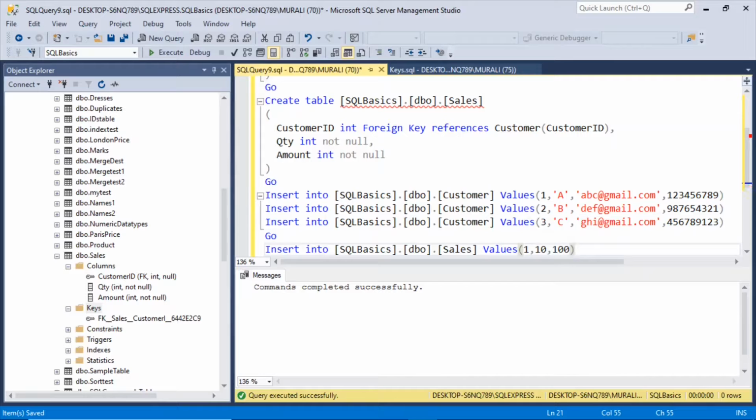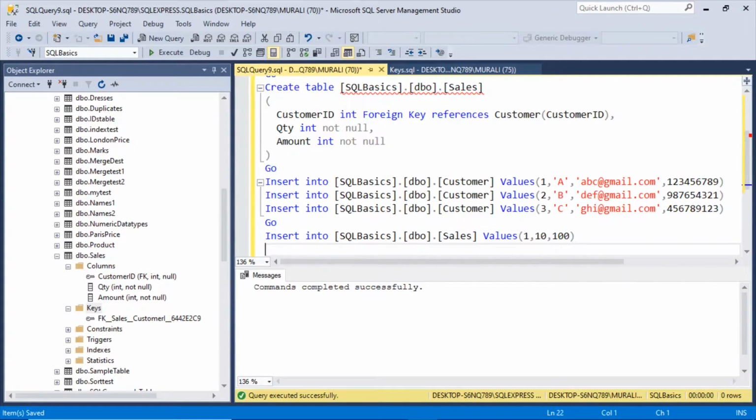So customer ID 1, quantity 10, amount is 100. So let us enter one more value. Customer ID 2, quantity 20, amount 200.